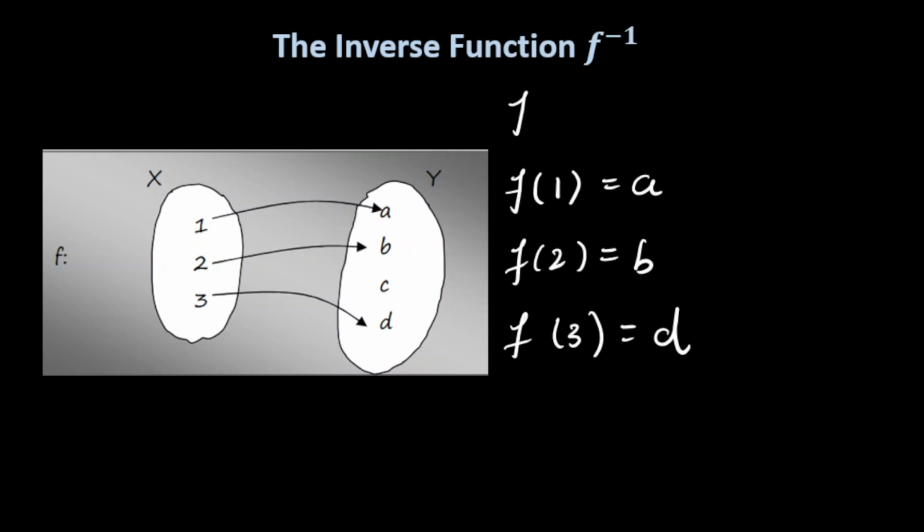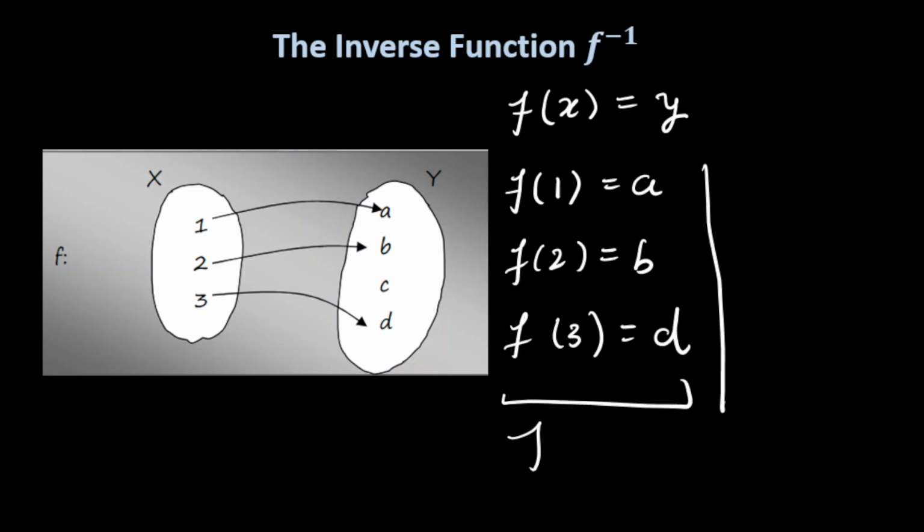Now this we can write in general notation also. So f of x is equal to y. Now what we have to do? This is a function f. Now you just have to suppose f we are shifting to the other side. You just have to assume like that, for understanding purpose I am telling. So here what is left? 1 is left. So we can write 1 is equal to, as f will shift to the other side, it will become f inverse. F to the power minus 1, we will write, f inverse of A is equal to